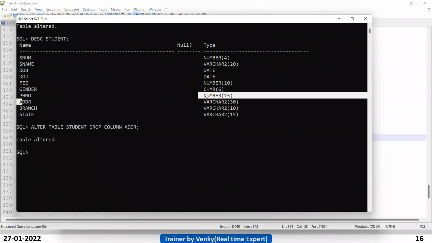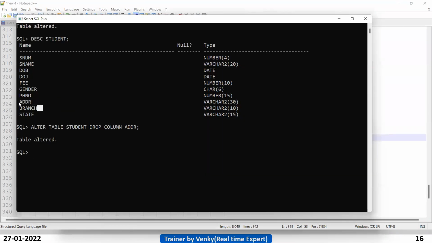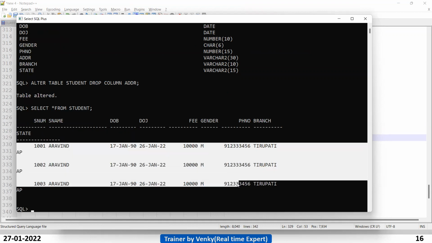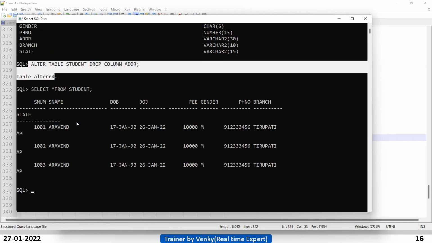Even though the table has data, we can drop a column. Let me run select star from student to confirm: even though we have data, that is not a problem.